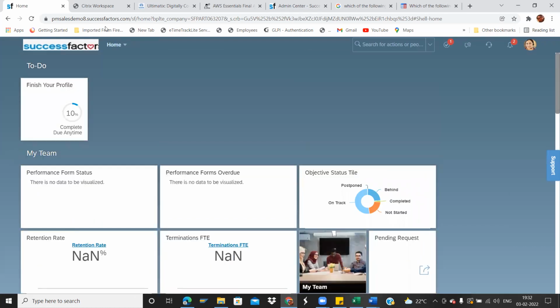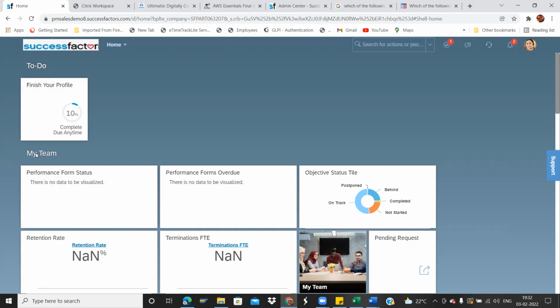So this to do, these are the sections. My team, to do, but to do is the dynamic section, dynamic tile basically. It will take the information which is pending directly. It will take the information which is pending from your side. For example, somebody has not filled appraisal forms, but it is raised. For example, it will show in the to do tile. If any leave request or any data change approval is sent to a manager, and the manager is yet to approve, it will show in the to do tile. We are not doing anything. These are the dynamic tiles. So we can't do any configuration. To do is the dynamic tile.